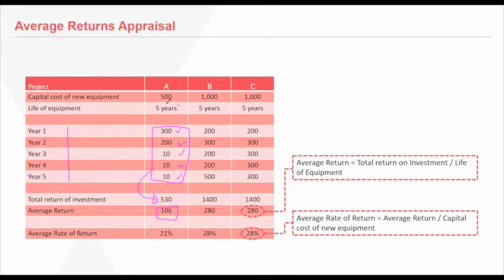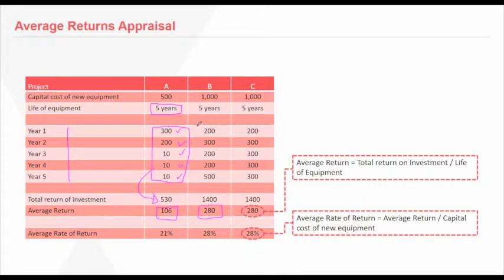And we divide it by the number of years to see on average what we're getting in each of those years. And for project A, we're on average getting in £106 per year. And we do that same exercise for project B and project C. And we can see that for project B and C, on average, we're getting in